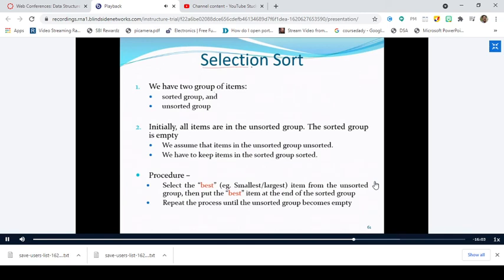So mostly, the names of the sorting algorithms are given by the procedure which you are following to sort the list of elements, right? But except the bubble sort. Bubble sort is something that is different, where the name has been given based upon how the bubble moves from the bottom of the glass to the brim of the glass. That is how the name is given. But remaining sorting algorithms, most probably they will be given the names based upon the procedure we are following. Right? Now tell me what you understand by this selection sort.